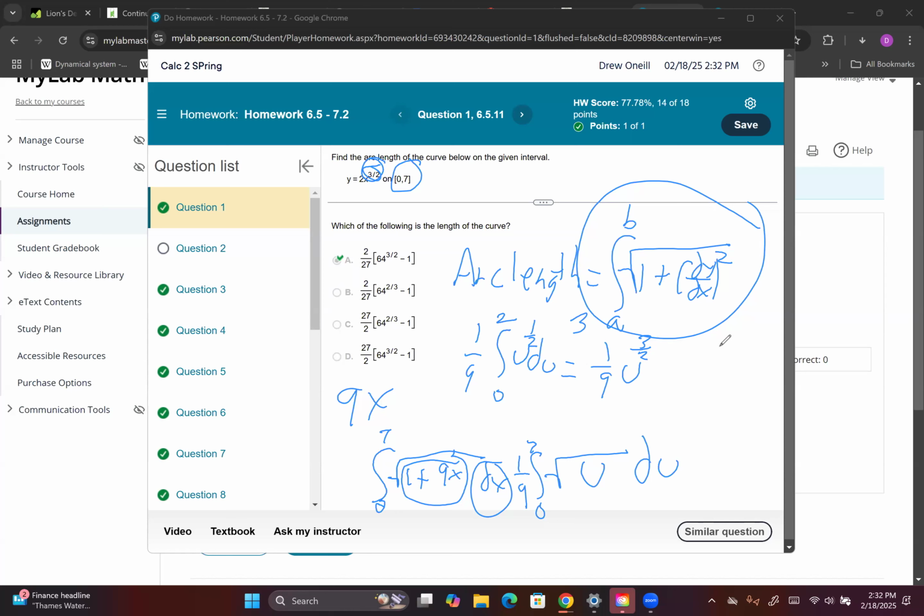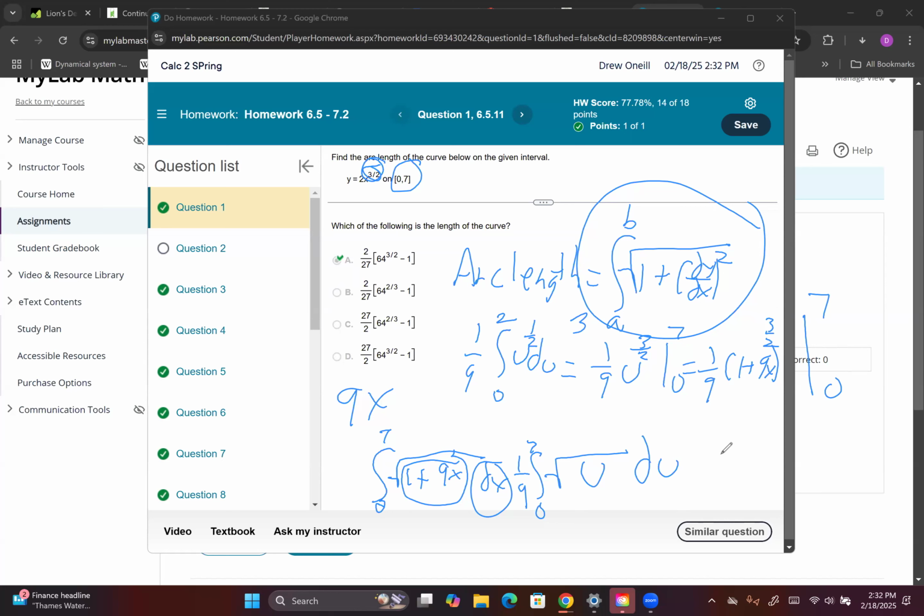Okay. And this is evaluated from 0 to 7. But before we plug it in, we have to remember that our u was 1 plus 9x. So we have 1 plus 9x to the 3/2 from 0 to 7. And then you can see if you plug that in,